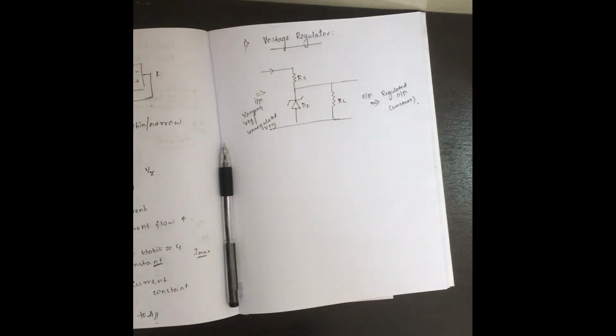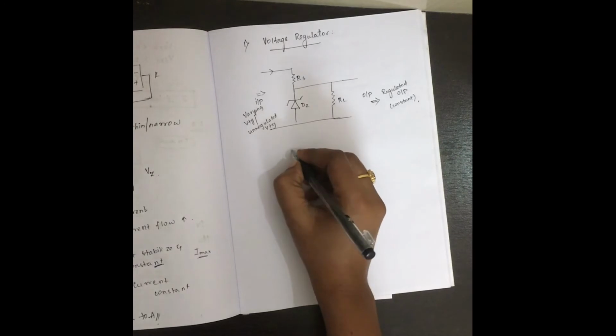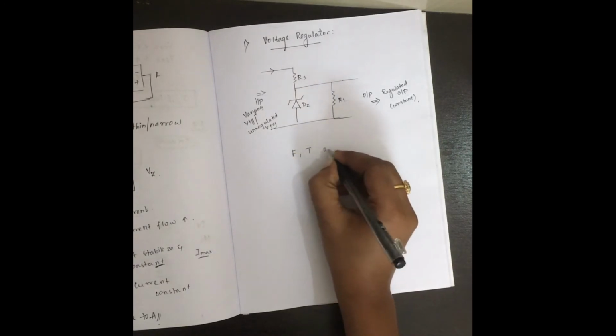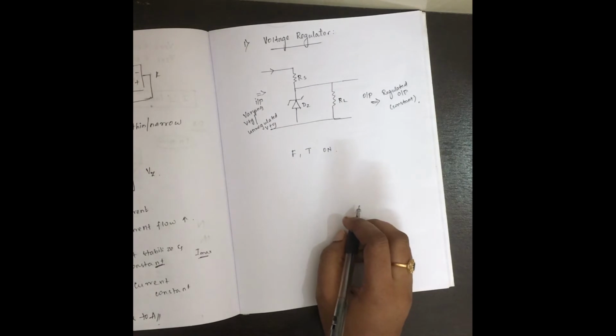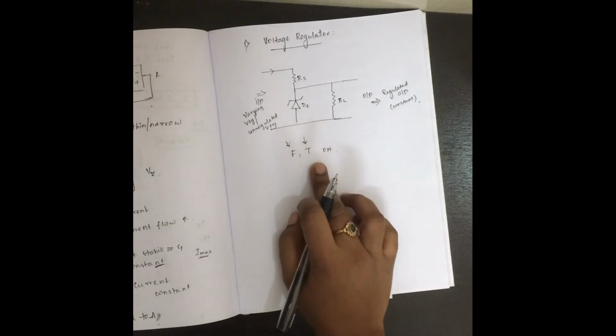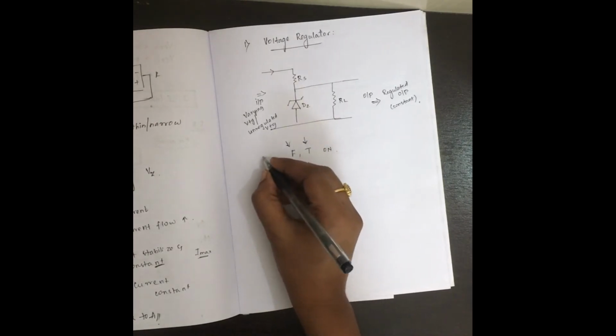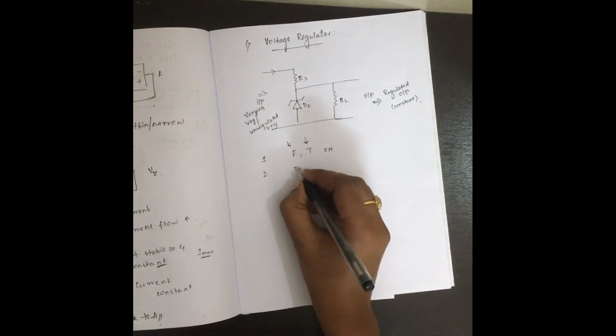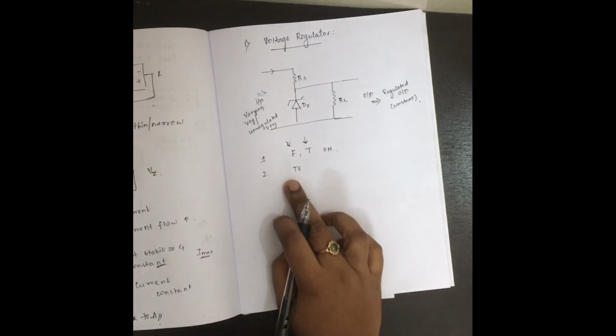So what happens is, let's consider home appliances, which is a real-time application. Usually in every house, a tube light and fan will be switched on. Say in the first case you are turning on the fan and tube light. So some voltage will be supplied to the fan and tube light, and the fan is running and the tube light is also running. Now in the second case, if you turn on the TV, this requires higher voltage for its performance.